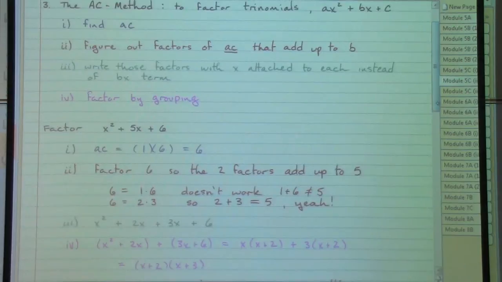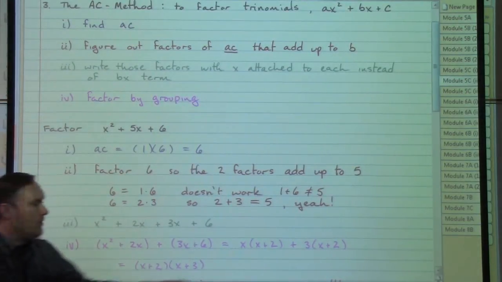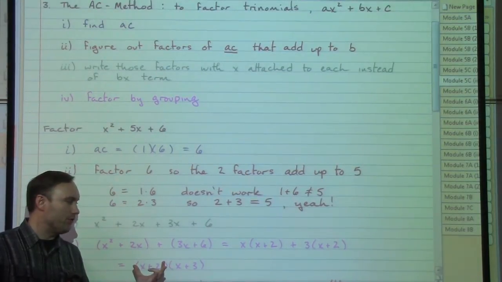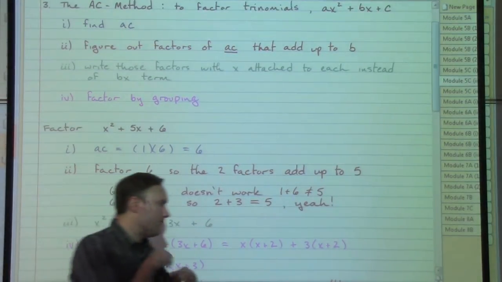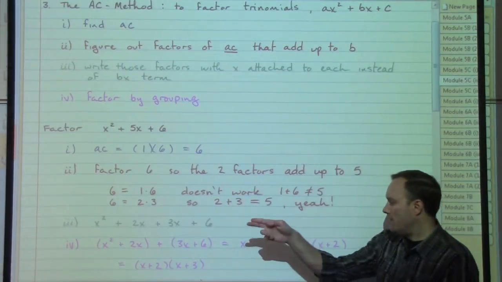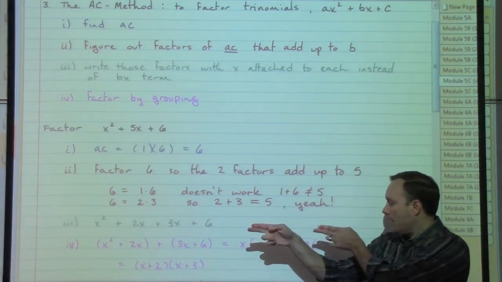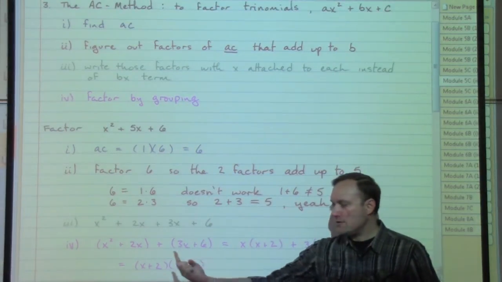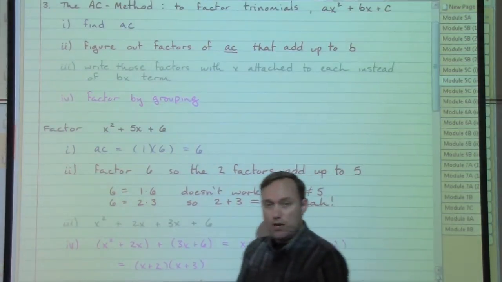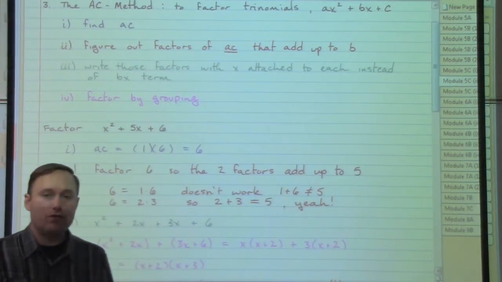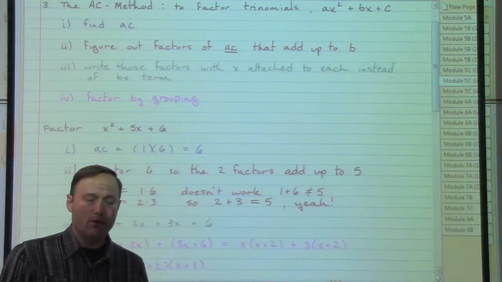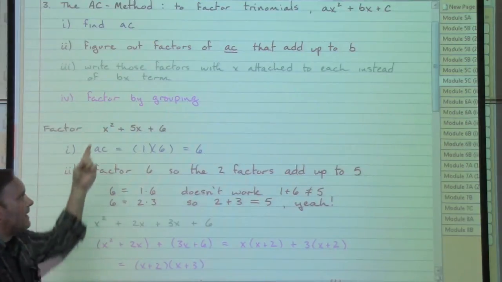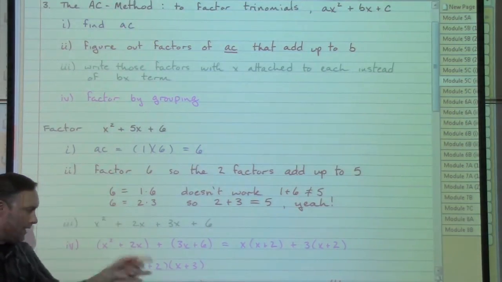We'll see that we've got that x plus 2 in common in both of those groupings, so we can yank the x plus 2 out to the front, and what we would have left over is an x and a plus 3. So our other half of the answer, x plus 3. Again, this is all designed to reverse the process of FOIL. If we take our answer and FOIL it, it should send us back to our original polynomial,